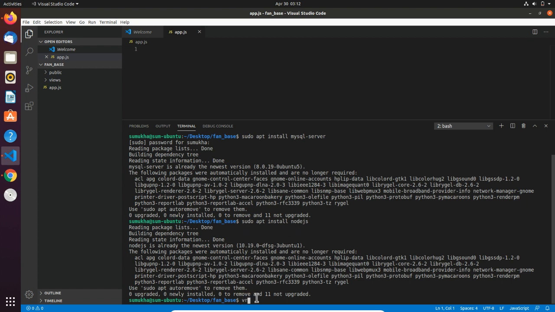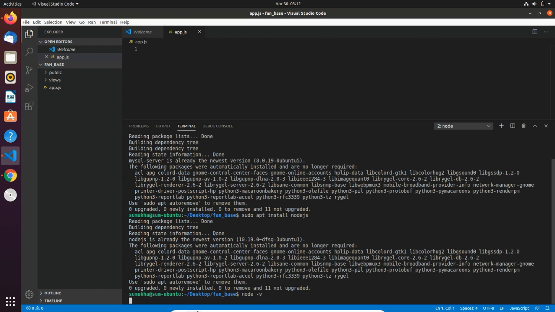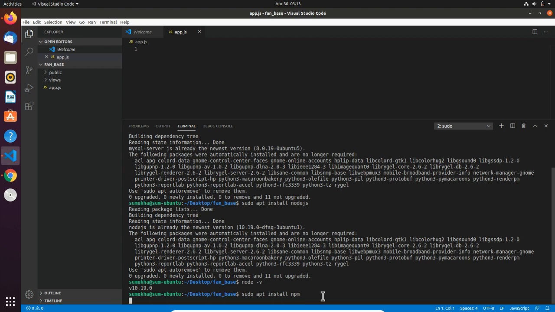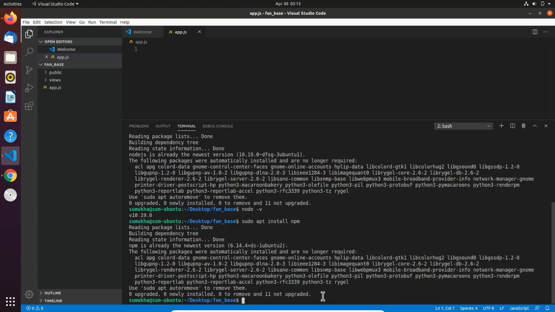To verify the version, type node -v, and it shows which version of Node.js you are using. Now you also need to install npm, which is Node Package Manager. Again, I have already installed npm, so it didn't take much time for me.